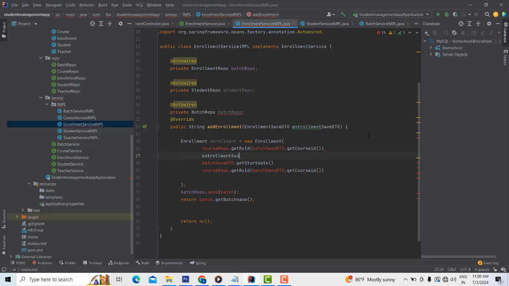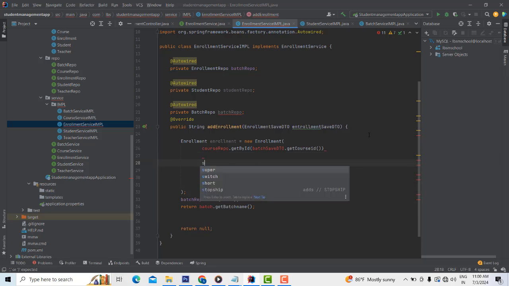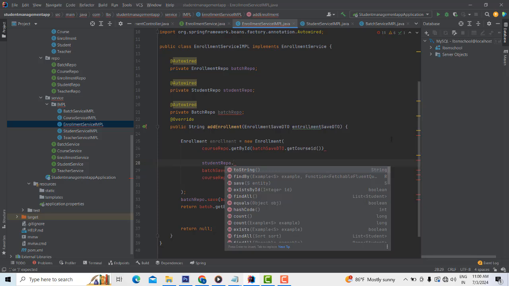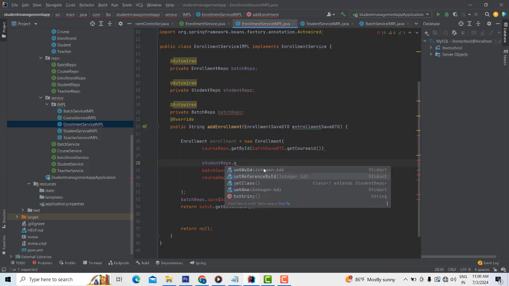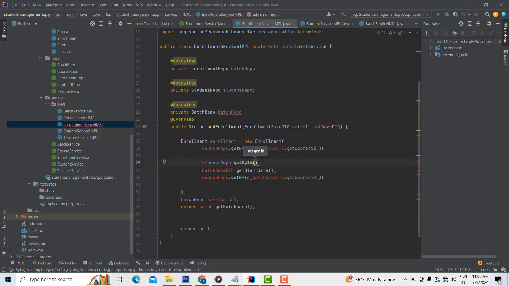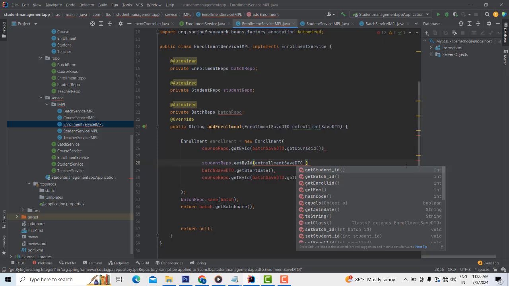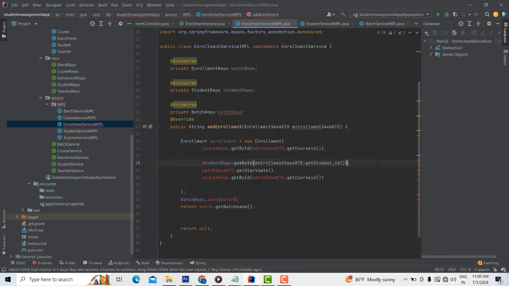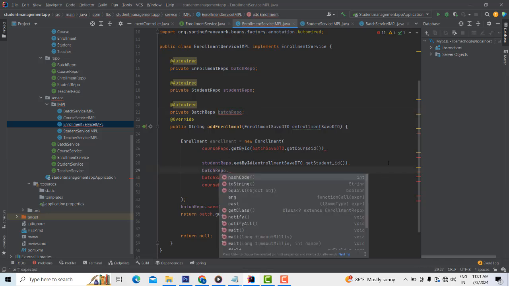Right here, write student repo. Sorry, here's the student repo. Student repo dot get by ID. What's the ID coming from here? Dot get student ID. You write like this to get it. The same thing you write for batch also, batch dot get